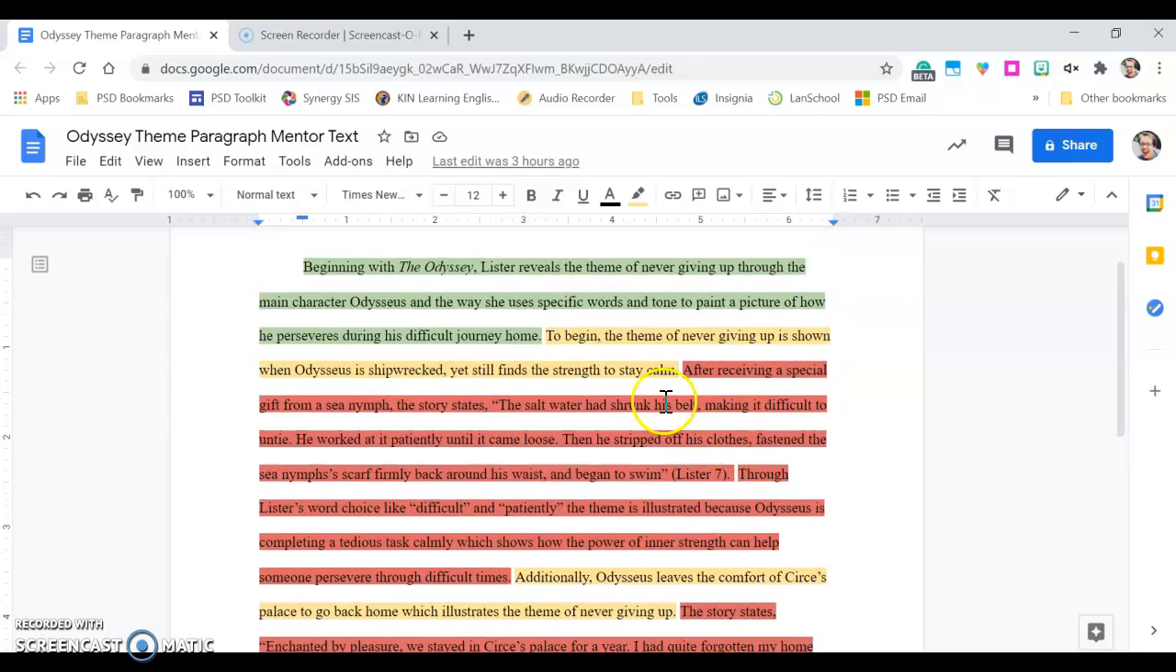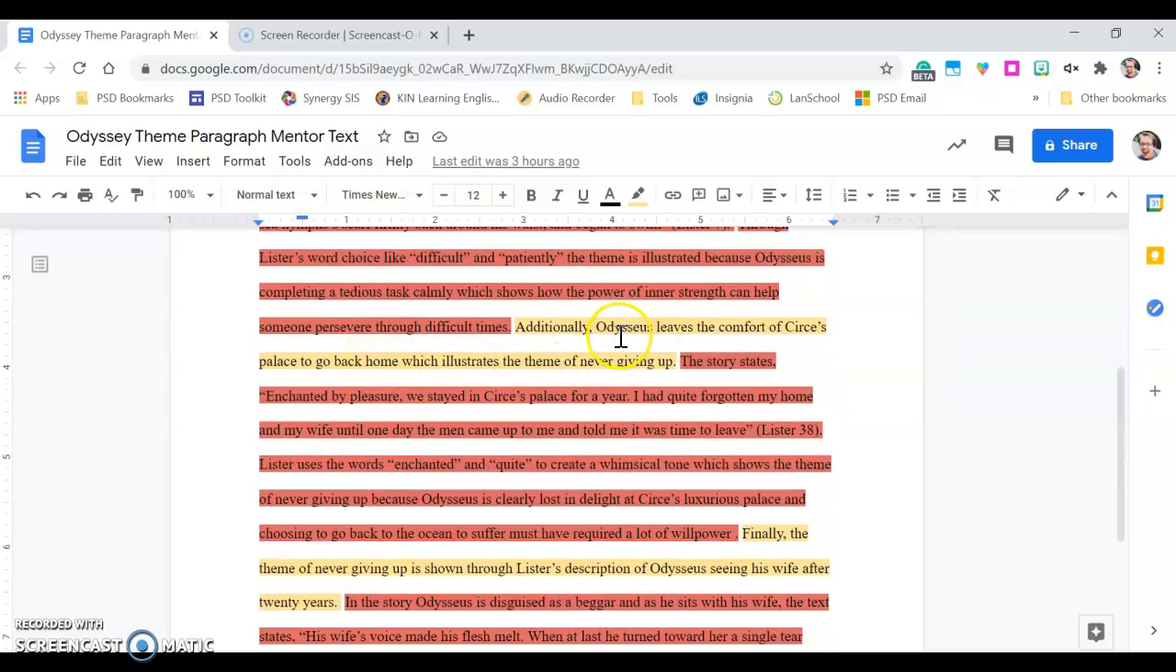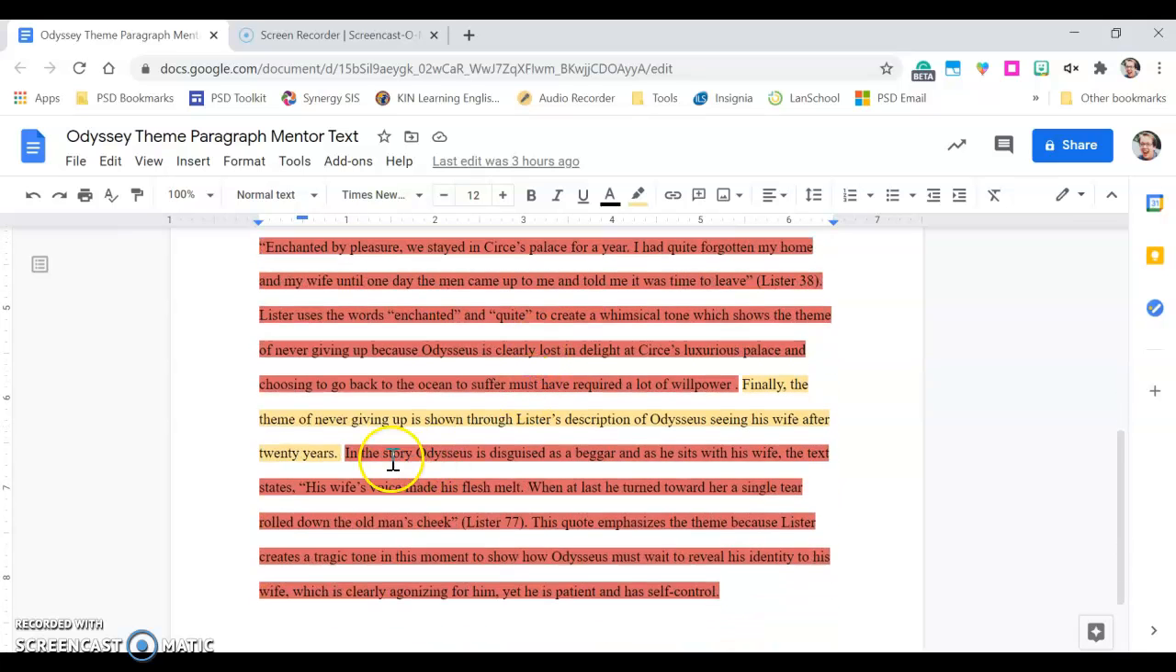And then you'll look. The purpose of each main point is to say the theme that I'm talking about is shown at this part. So this one says the theme is shown when Odysseus is shipwrecked. This one says Odysseus leaves Circe's palace, and that shows the theme. This one says the theme is shown when Odysseus sees his wife after 20 years. So each of your yellows is just briefly summarizing the moment you're about to discuss in the evidence sentence that